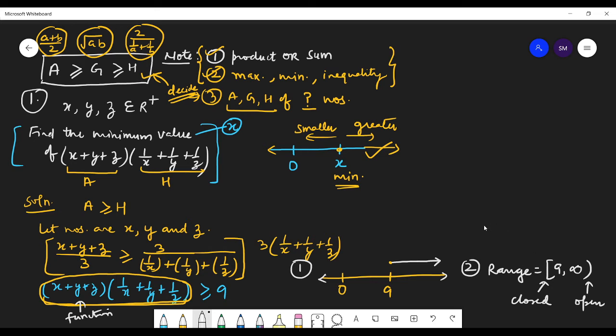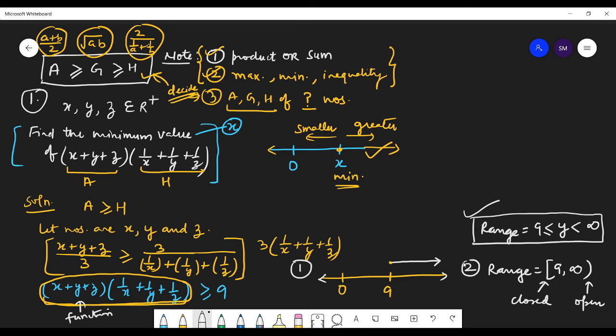You can also write it as the range: y greater than or equal to 9 and up to infinity. Here it is greater than or equal to, because the value can be 9. The minimum value is 9 or the values will be greater than 9. Values can be 10, 11, 12, 13, 13.1, 14.7, 16.9, but the minimum is 9. So that's the range. See how many ways you have to write it, students.